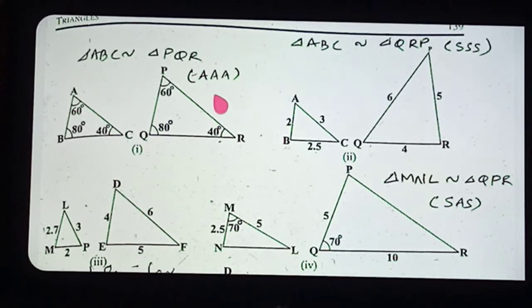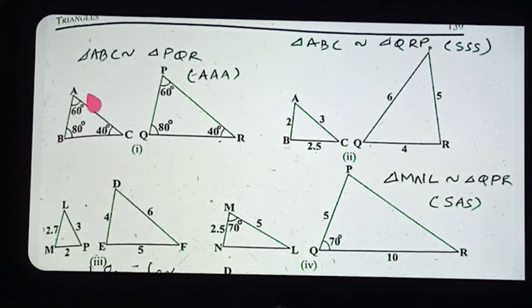Okay, so which criteria, which similarity, I have written here. So how are we finding out? We can see here, listen: angle A is congruent to angle P, no? Yes. Angle B congruent to angle Q. So angle C congruent to angle R. So while saying the similarity, you can see here all the corresponding angles are congruent. If all the corresponding angles are congruent, which criteria are we implementing? AA criteria. Angle criteria.